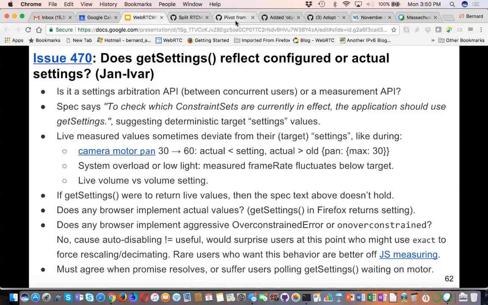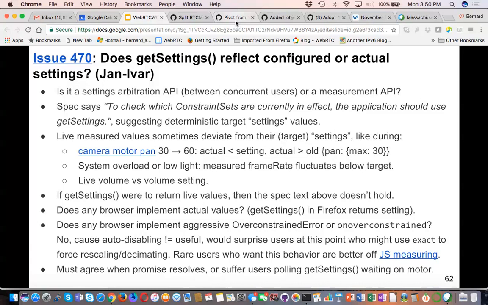However, there are cases where live measured values deviate from their target settings, like one example from the pan constraint. So a camera motor that pans from 30 degrees to 60 degrees: you might go from having exact constraints of 30, then you apply constraints to 60.